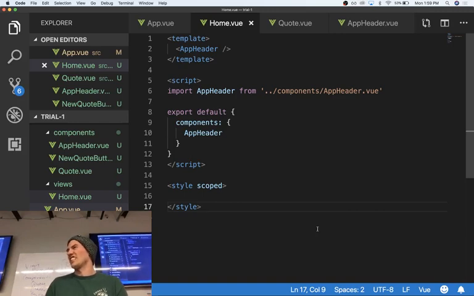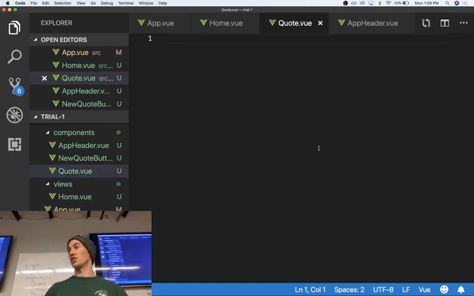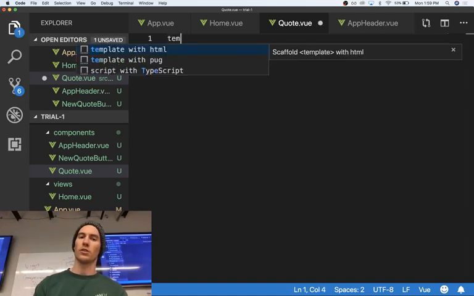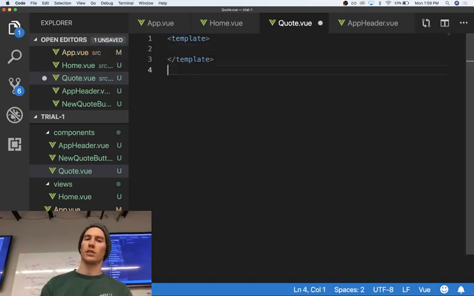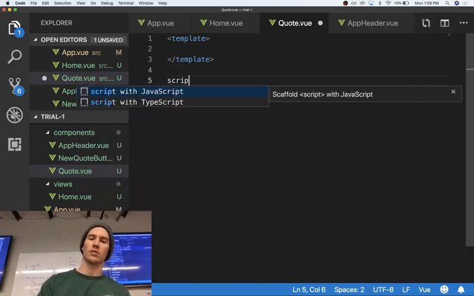Because we could display a quote that is not actually a quote, but let's make the quote display, and then in app, we're going to call the API, get the data, set it to state, and then pass it into the quote. So first, 3 things: template, script,